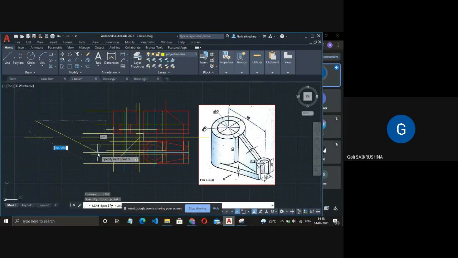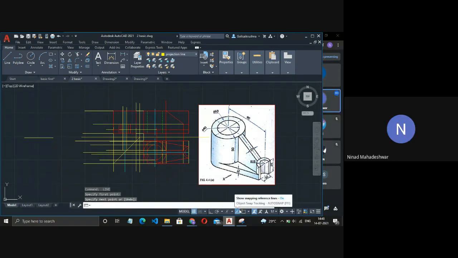Wait, sir, I will do one setting. See, first of all, I can see that you have not done any settings, because whatever it is taking, it is taking in points, which is greater than the standard value. So it is taking 400.2350. That means you have not done any setting.